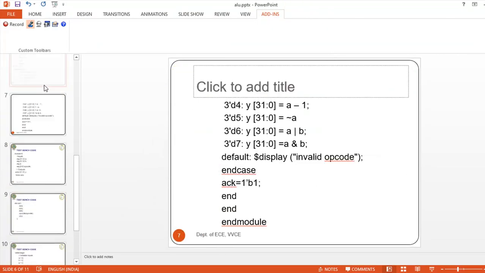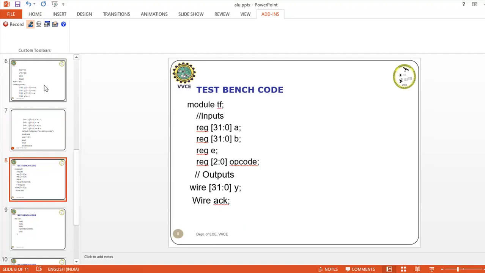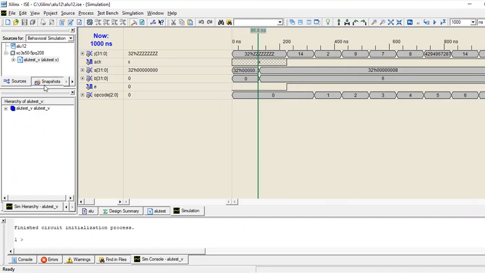Okay, here you can observe the table. 8 plus 1 is 9. 8 minus 1 is 7. Again, A is displayed. Complement of A. Here, A OR B result.